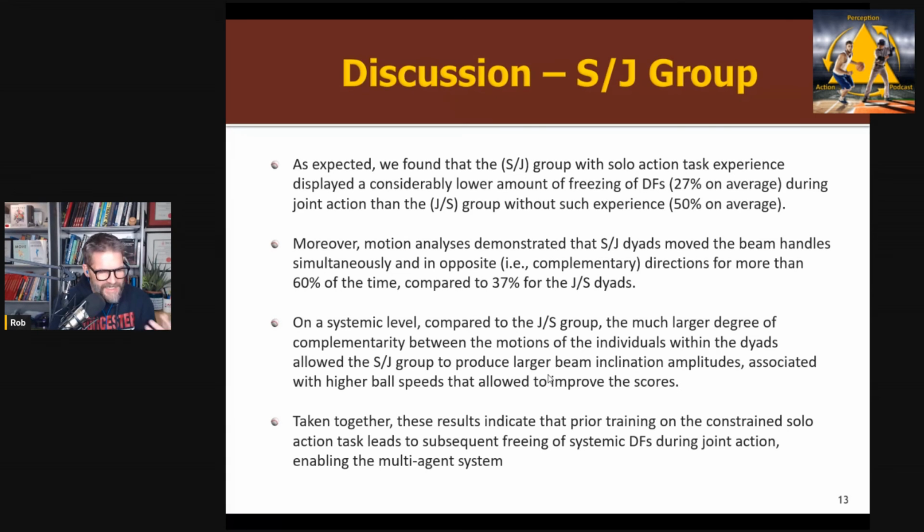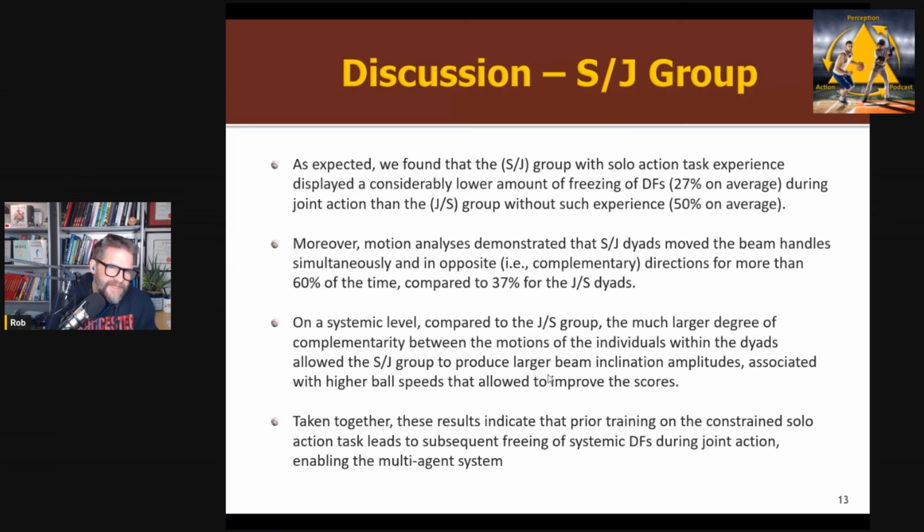In this case, as I said, freezing degrees of freedom is going to require a lot of precision in how much you lift the bar up initially. If you lift it too high, the thing's going to get going too fast, right? You're going to have a hard time slowing it down. If you have two people working together, you're going to have much, much more control online. It doesn't matter so much that you get it exactly right the first time.